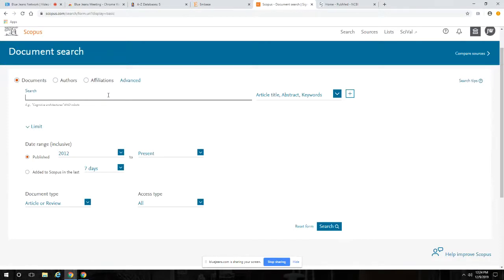All right, I'm going to do physical therapy and asthma again. This time, however, I'm going to put physical therapy in quotation marks. And this just means that it will make sure to search for that phrase as a phrase and not just physical and therapy, both somewhere in the abstract. So I'm going to use that, capital letters, and